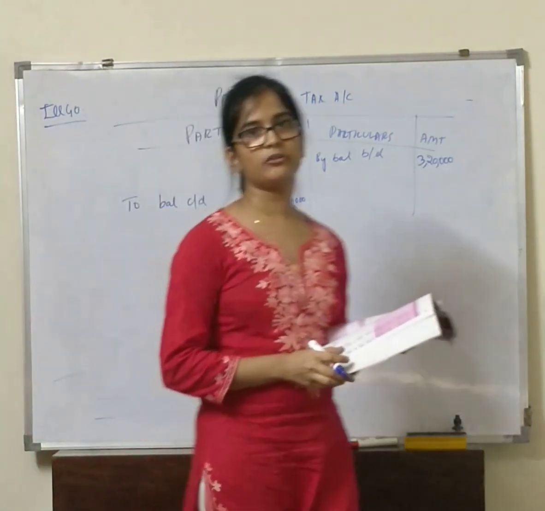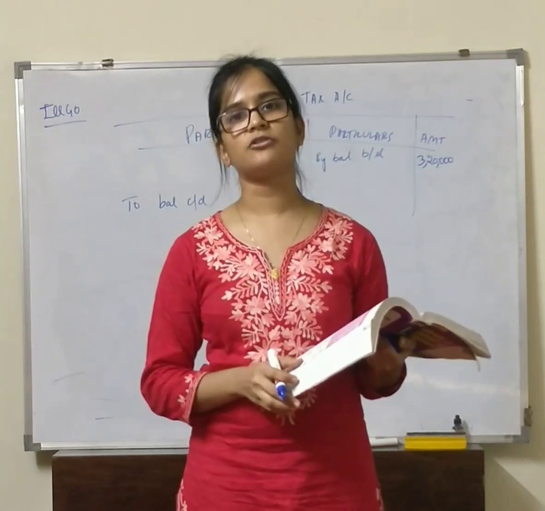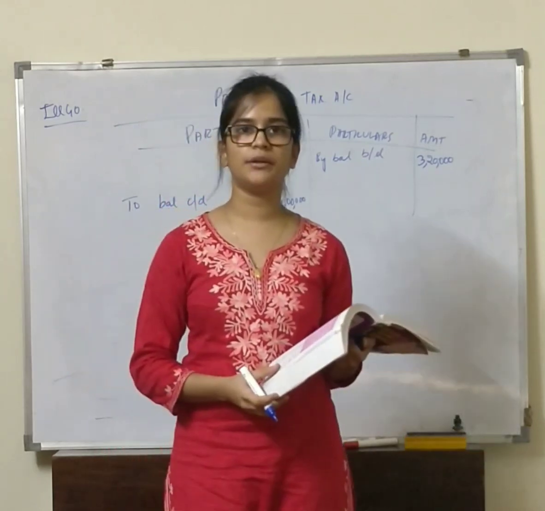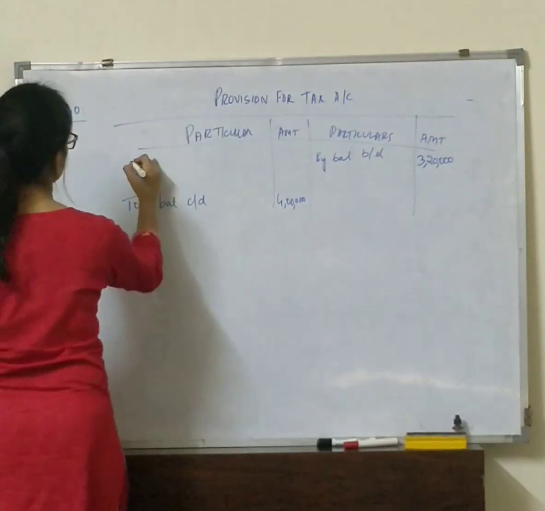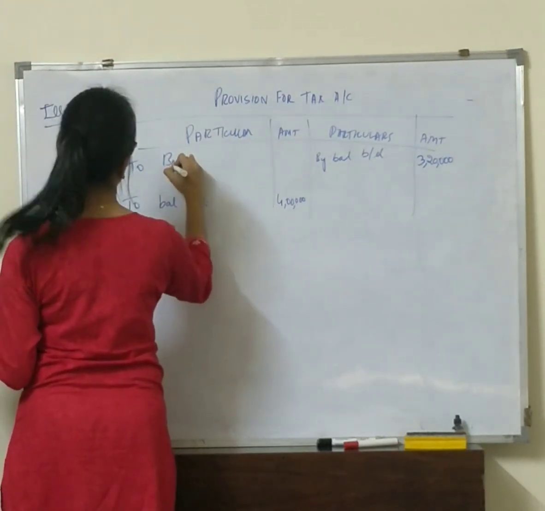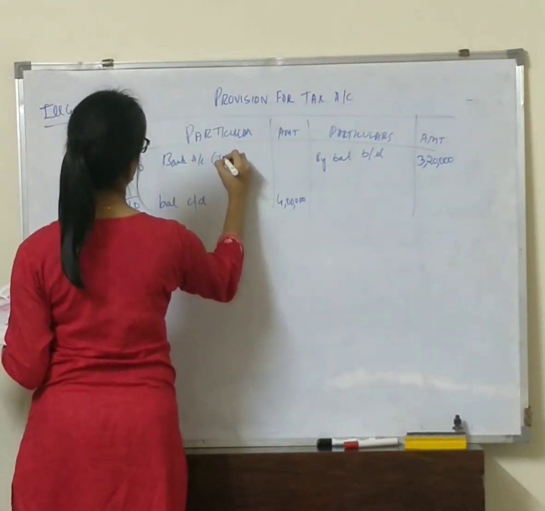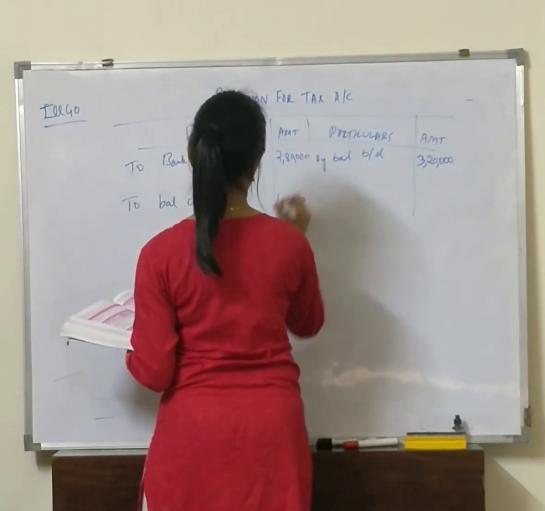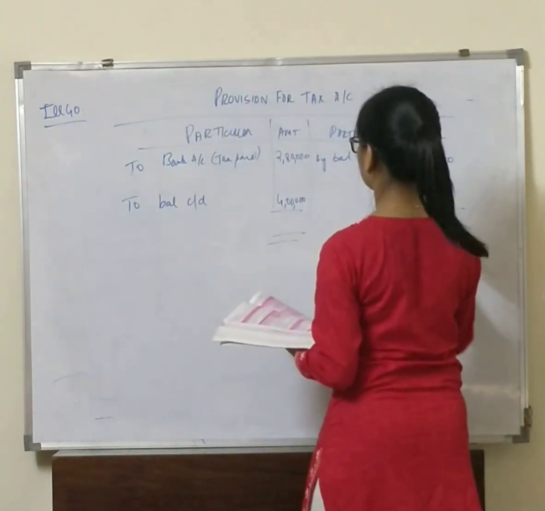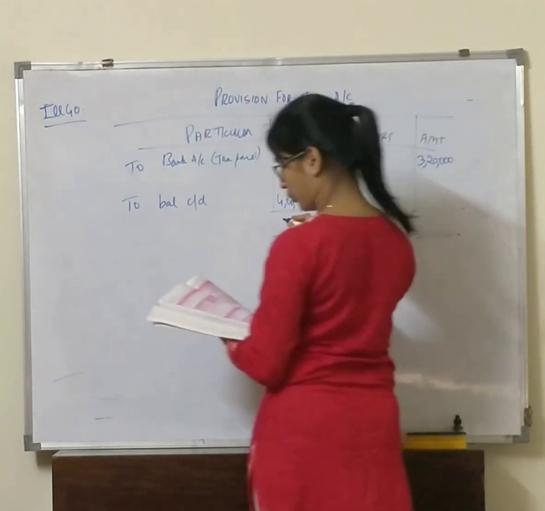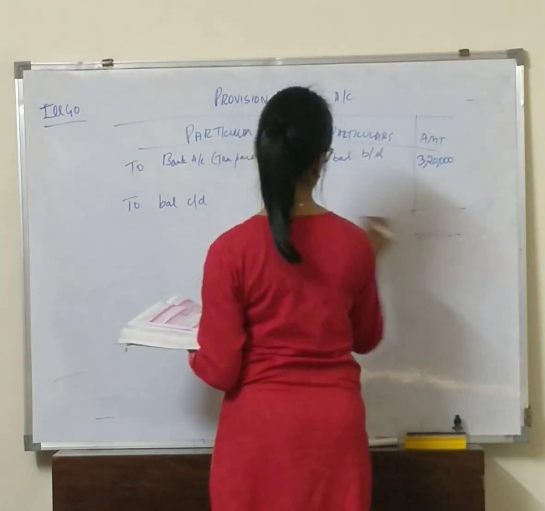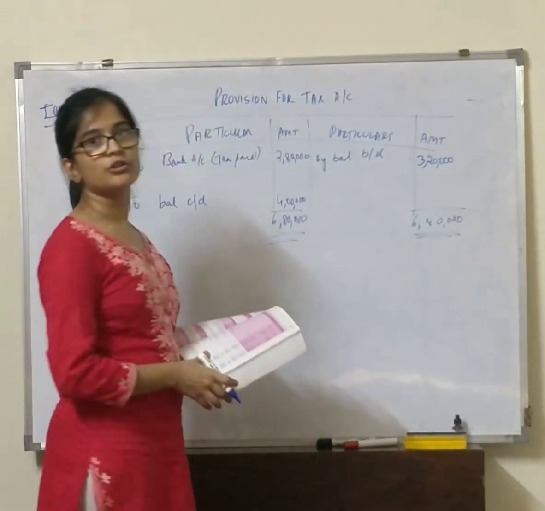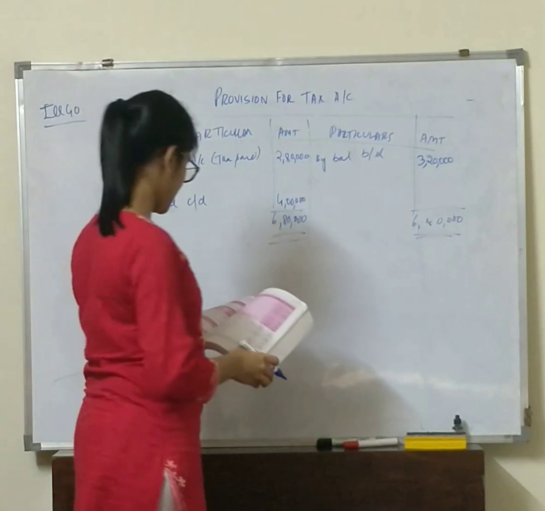Now they have given us income tax paid. When we pay our income tax, is it a cash inflow or outflow? It is a cash outflow. So cash is going out. So what will be our journal entry? It will be provision for taxation to bank account, in bracket tax paid. So how much tax is paid? 2,80,000. So whatever balancing figure we get, whichever side, our debit side will be more. It is 6,80,000. 6,80,000. So the balancing figure we get is the provision for taxation which is made in the current year.